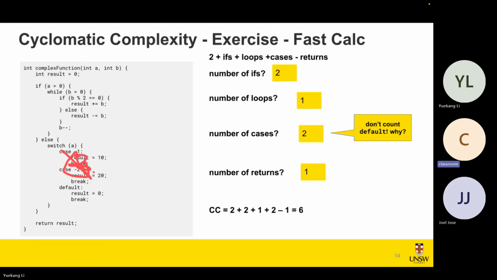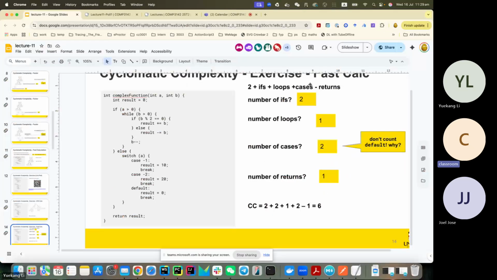It doesn't bring in a new edge. Cyclomatic complexity is about having more edges in the graph, comparing to the number of nodes. Because this default case is not bringing in a new edge, that's why it is not counted. So if we think about this extreme case, that's why we don't count